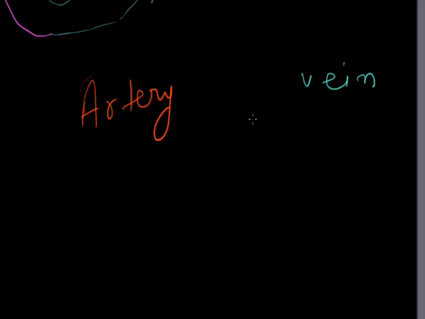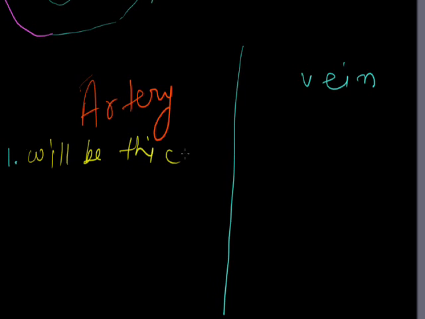If I deal about the difference between artery and vein, these are that. Arteries are coming from the heart, so they will be thick. If I write the diagram, arteries will be thick because they are coming from the heart, and veins will be thin because they are going towards the heart. Then